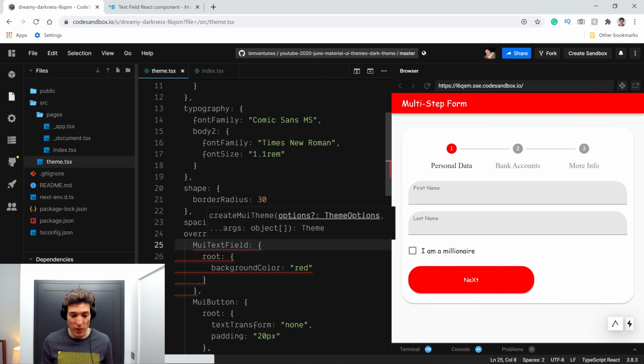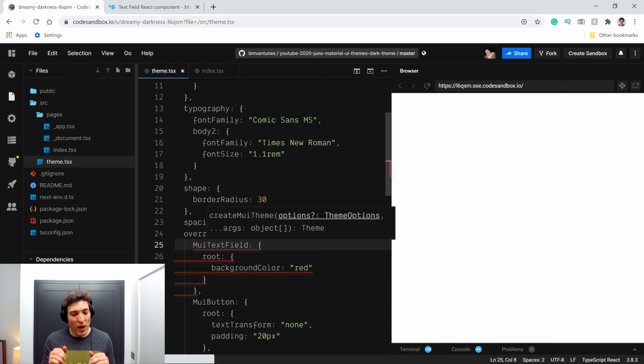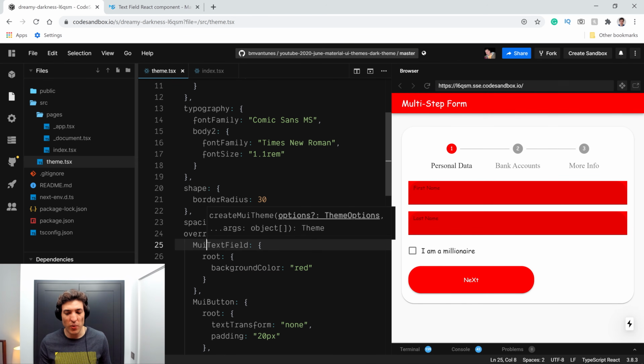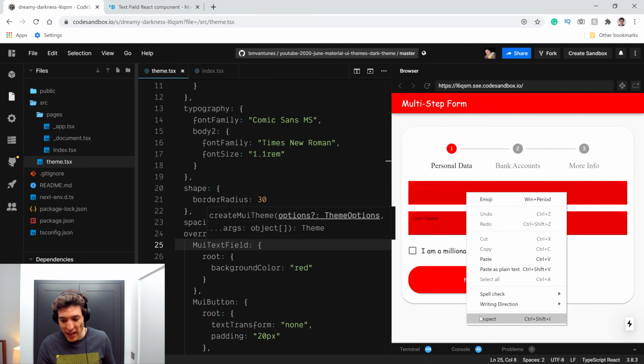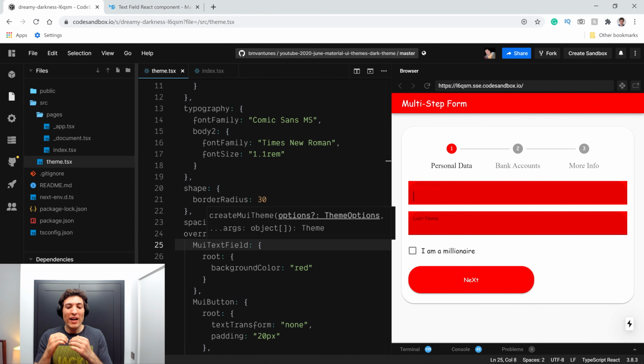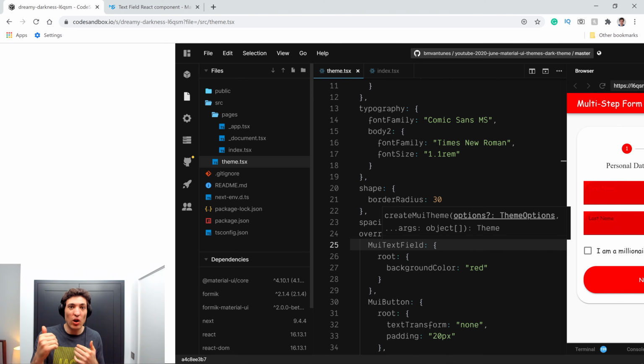When we save this one, you will see that what will happen is not exactly what you expect. So you lost completely the border radius of your component, but you can see that behind this red, you still have the other color there. So let's just open this one and let's inspect what is actually setting the color for us.